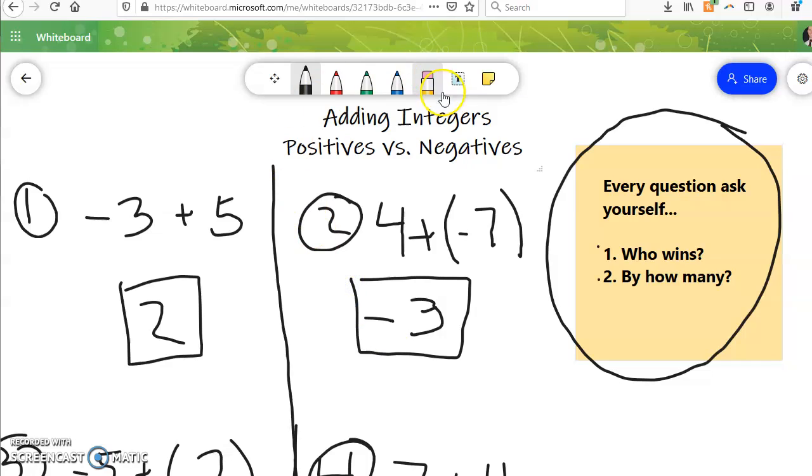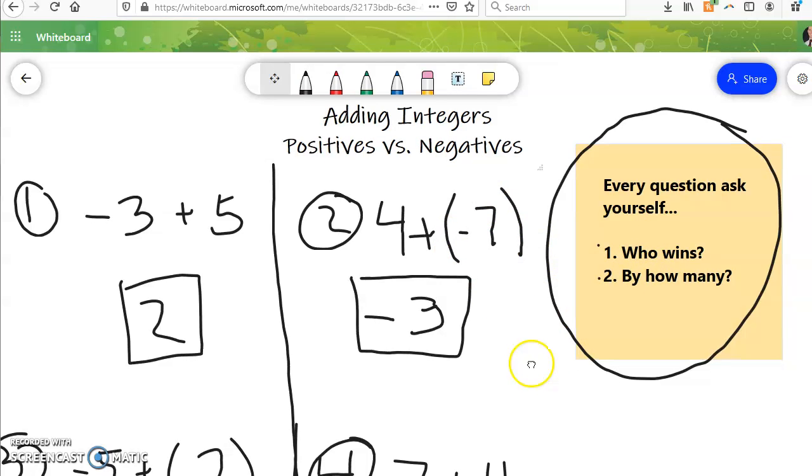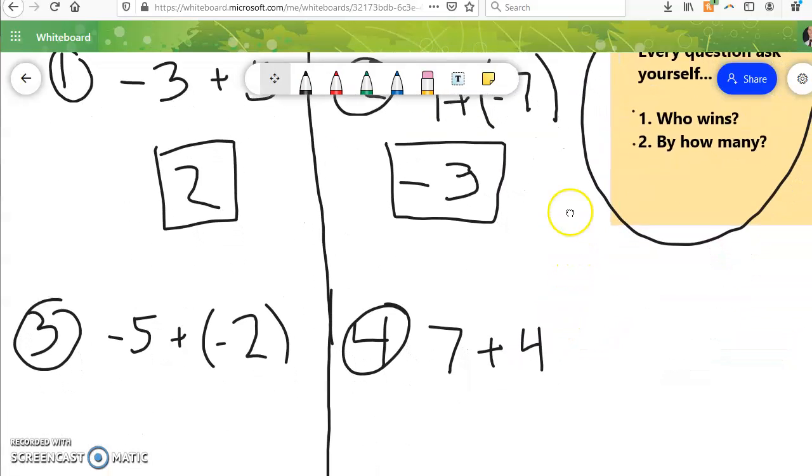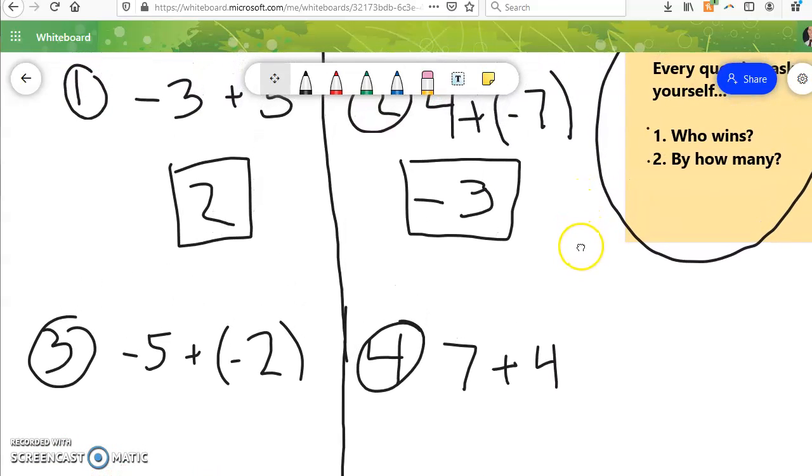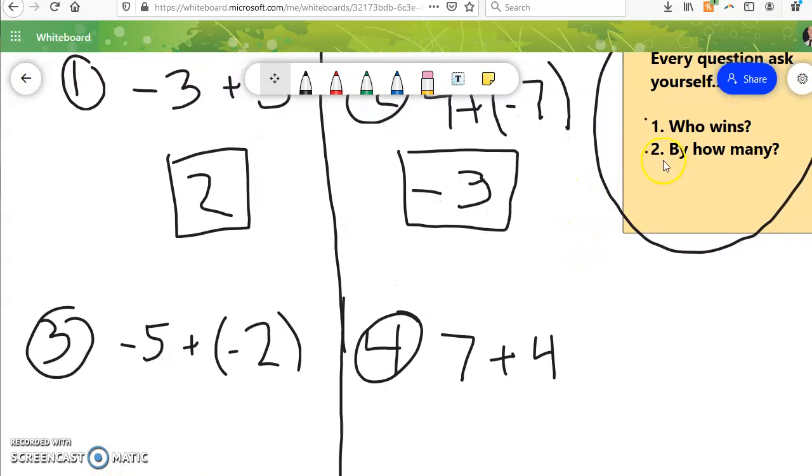Okay. So this is the goal here. We want to be able to do these quickly in our heads without using calculators, without relying on rules. And so if you ask yourself these two questions and you understand this, that is the end goal for this section. Okay. Scrolling down to a couple of different examples, here are other examples of similar things,